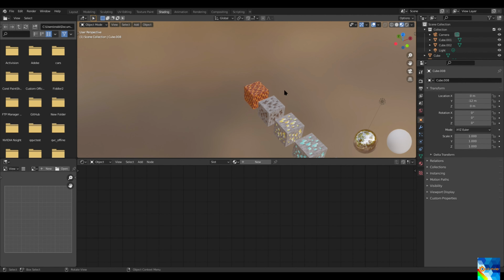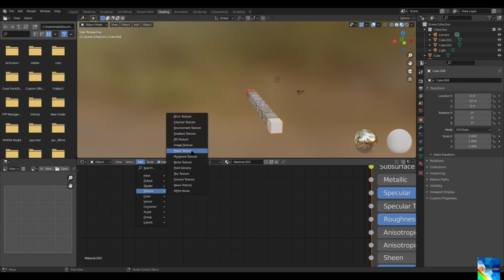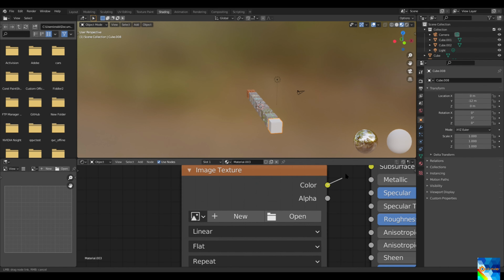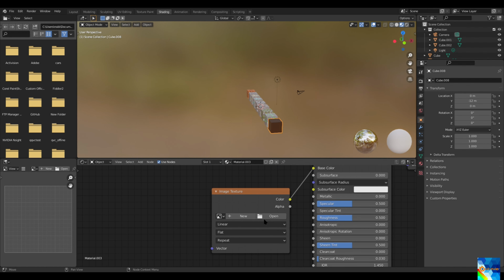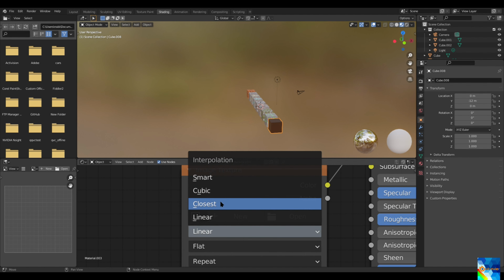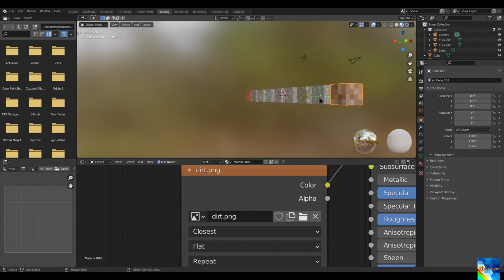And again I'm going to shading, new, add node, textures, image textures, color to base color, linear to closest, open. Now I added a dirt block, and